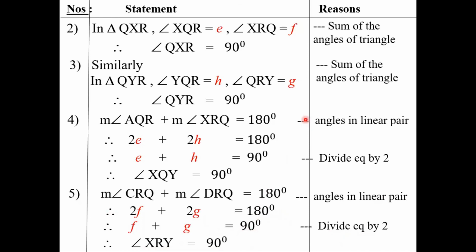In this case, our first angle, second angle, third angle and fourth angle all are becoming 90 degree, and we can say that the given diagram, that is QXRY, is a rectangle. And in this way, students, you are supposed to complete. Students, during observation for the last numerical, that is numerical number 8, first of all draw the question, draw the diagram, and then observe numbers 2, 3, 4 and 5. Then you can easily understand the part. Up till this lecture, up to this part, thank you very much.